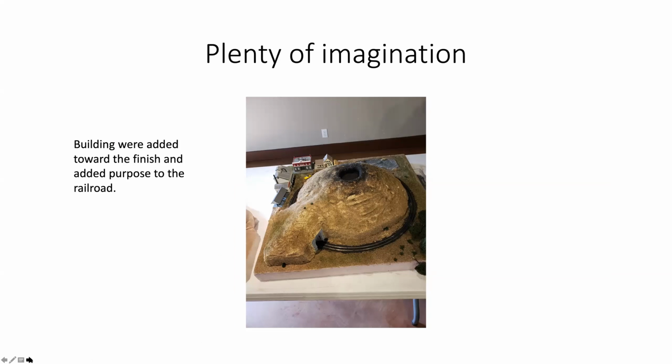Now he's going to want sidings. He's going to want, and he's going to start to dream. Before you build a house, you have to dream. You have to have an idea of what you want, or else the people in the planning office, or the drafting office, aren't going to